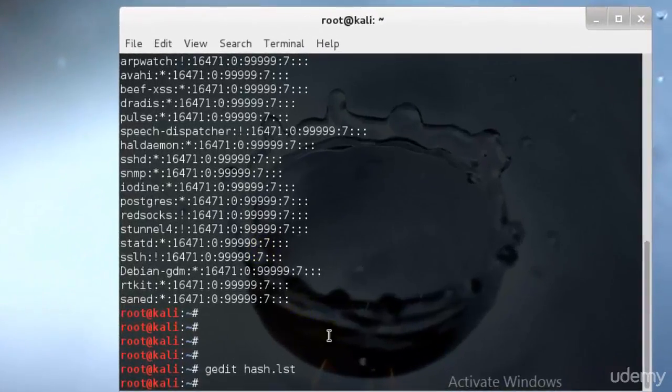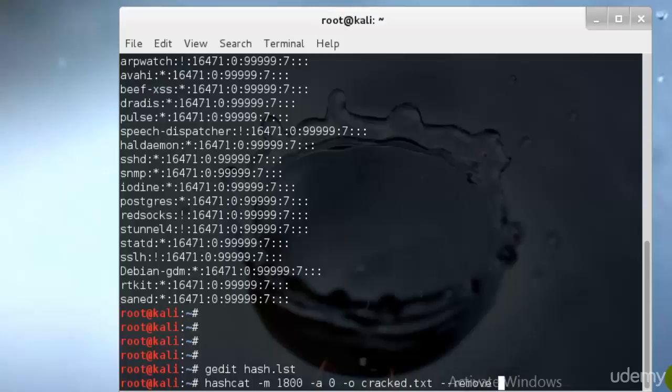Perfect. So now through hashcat we will go ahead and use a command through which I can go ahead and crack that. So I'll just type hashcat, and if you are unable to go ahead and crack something, don't be frustrated or disappointed, because that happens a lot of times. It just takes practice and experience to go ahead and use the perfect characters to go ahead and crack that. So this is the specific cracked.txt, and